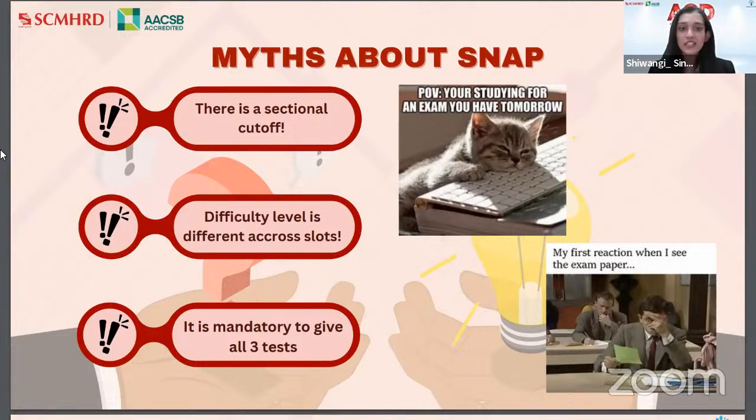Right, Antra. As I had already shared, all 3 attempts were a very helpful strategy when I was attempting SNAP last year. The second was the best score that was considered for me. The actual logic is that in some attempts you might get questions from sections in which you are not very strong, as compared to the next slot. So you never know in which slot you are going to get points in areas you are strong at. That is the main strategy I went by, and it was very helpful for the SNAP exam.